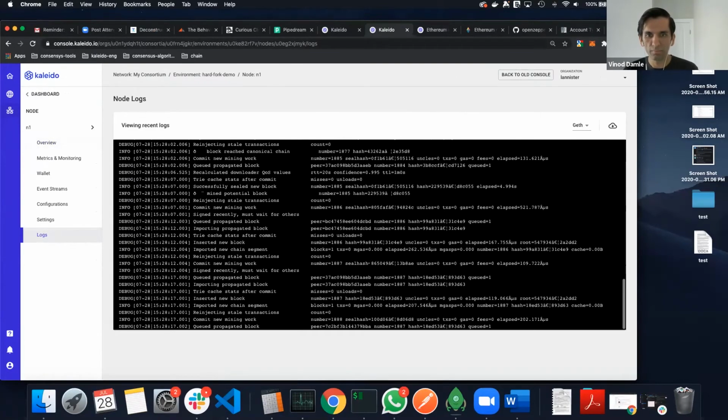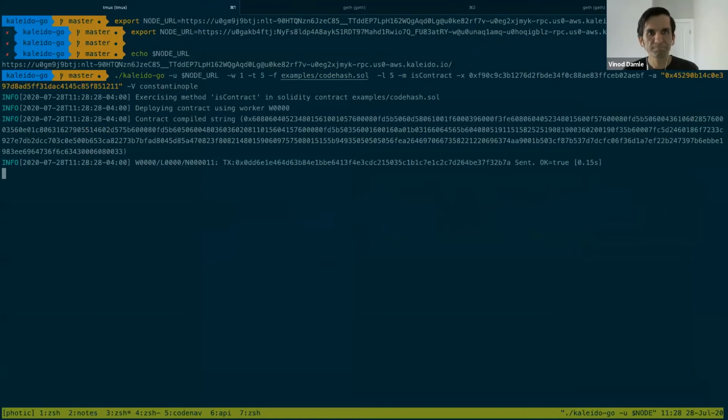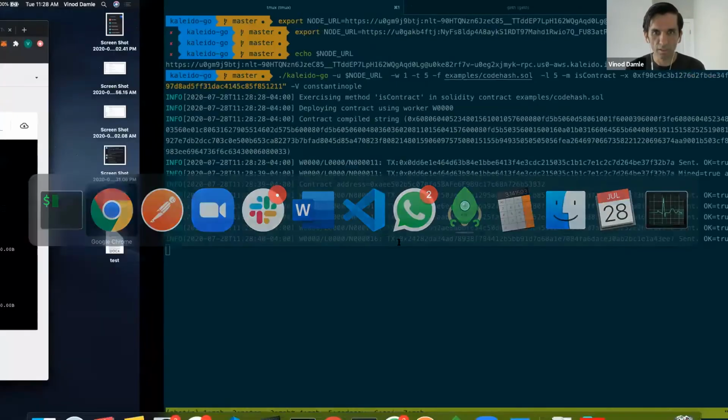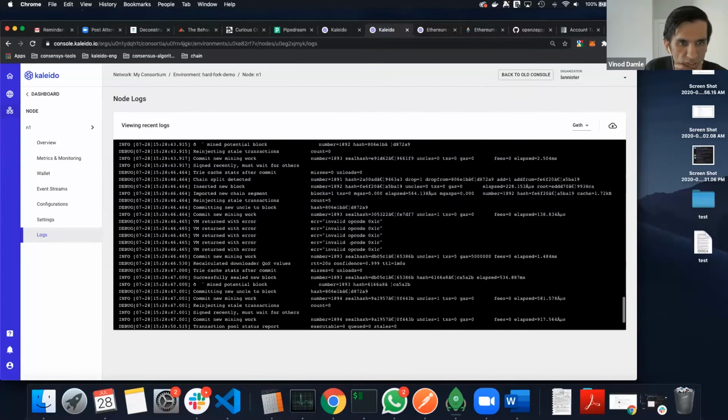Let me open the view for the logs on this node. This submits a contract, which installs this Solidity code onto the node, and it executes a transaction using the code in the contract. You see that a bunch of transactions get submitted here. And I'm going to look for an error message